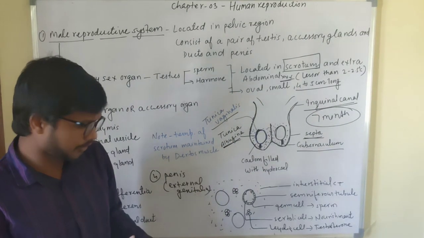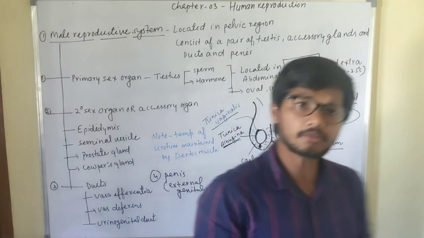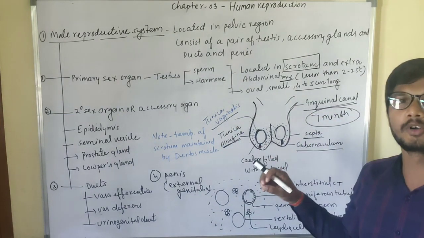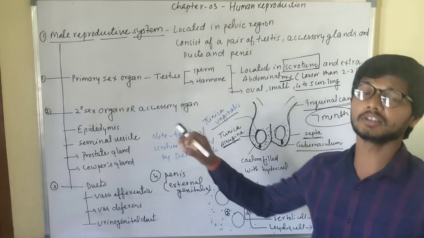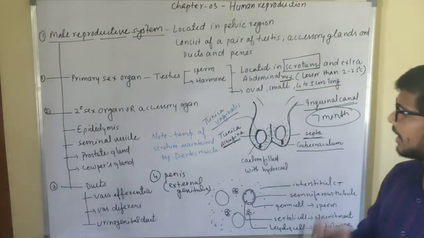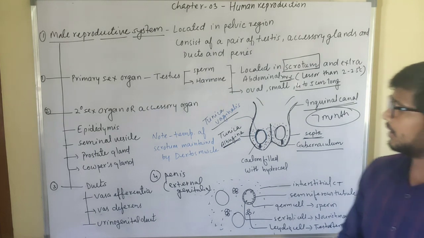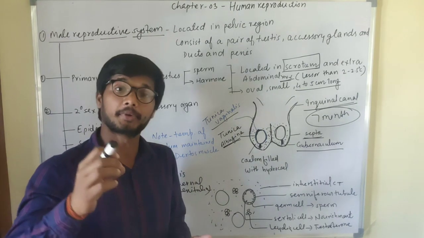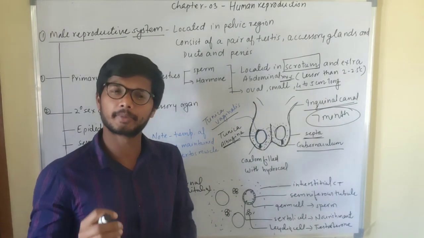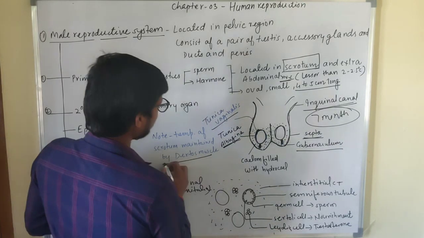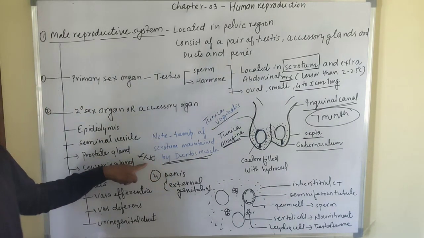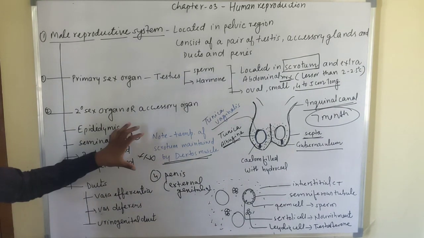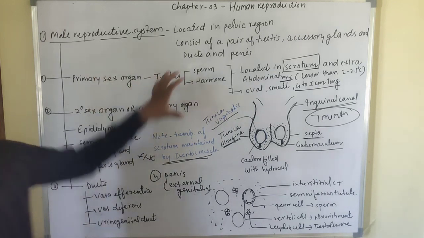Certain important things are also here. The temperature of the scrotum. As we mentioned, the temperature of the scrotum is just lower than the body temperature. So the temperature of the scrotum is just maintained by a particular type of muscle. Those muscles are known as deltoid muscle. It means that the temperature of the scrotum is maintained by deltoid muscle. This is a very important question. What? The temperature of the scrotum is maintained by deltoid muscles. So all these were the points related to the testis.